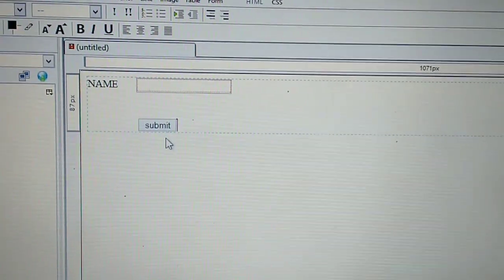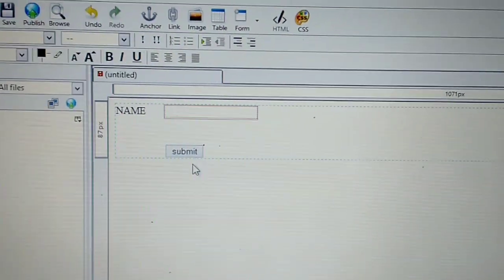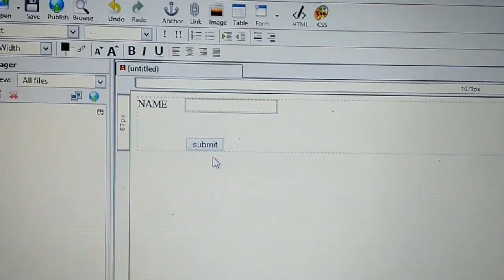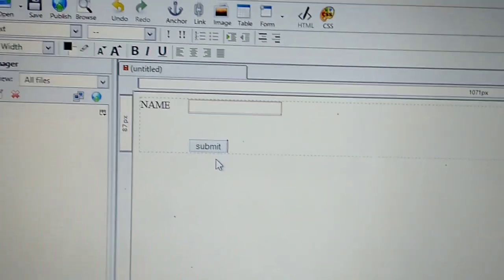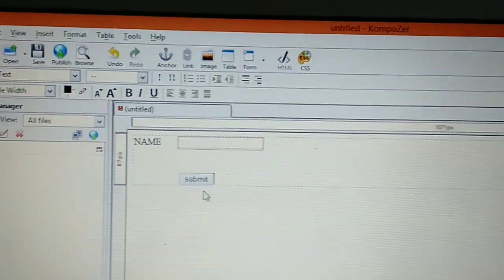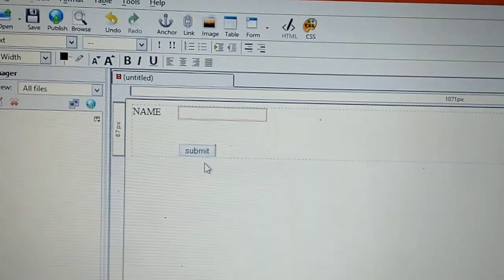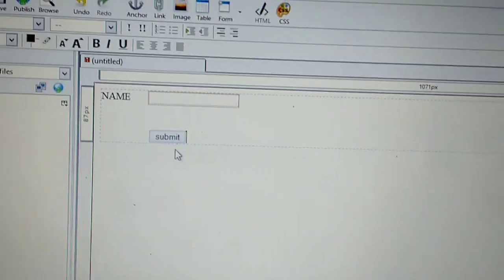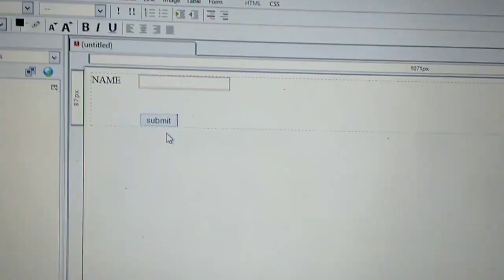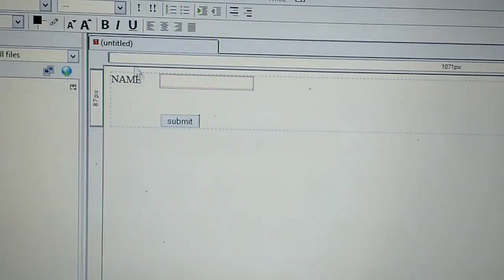Now we have to create JavaScript inside a form. JavaScript means what? For example, my form is ready. Now I want to run my form and see my form on the browser.